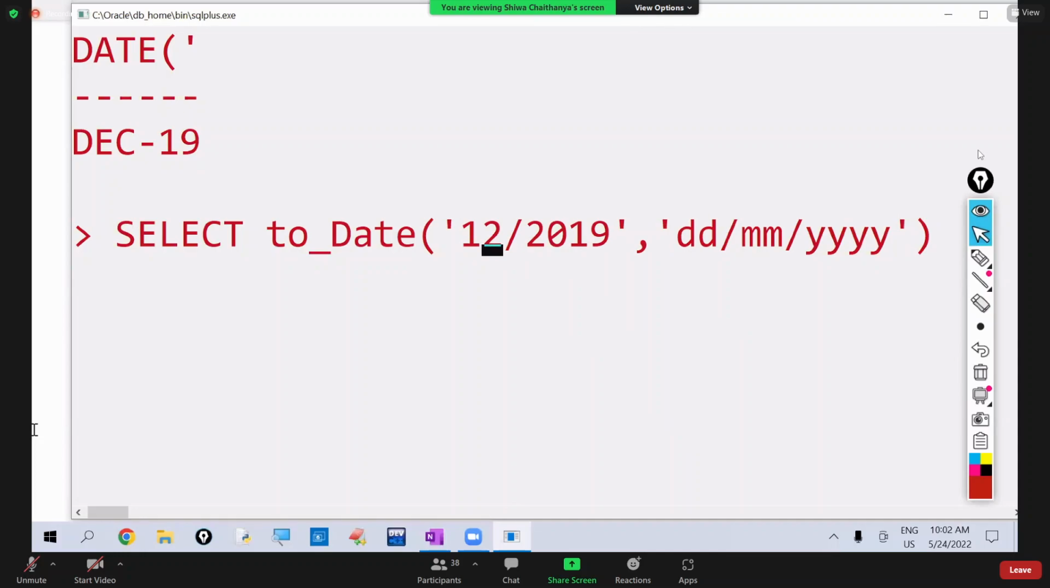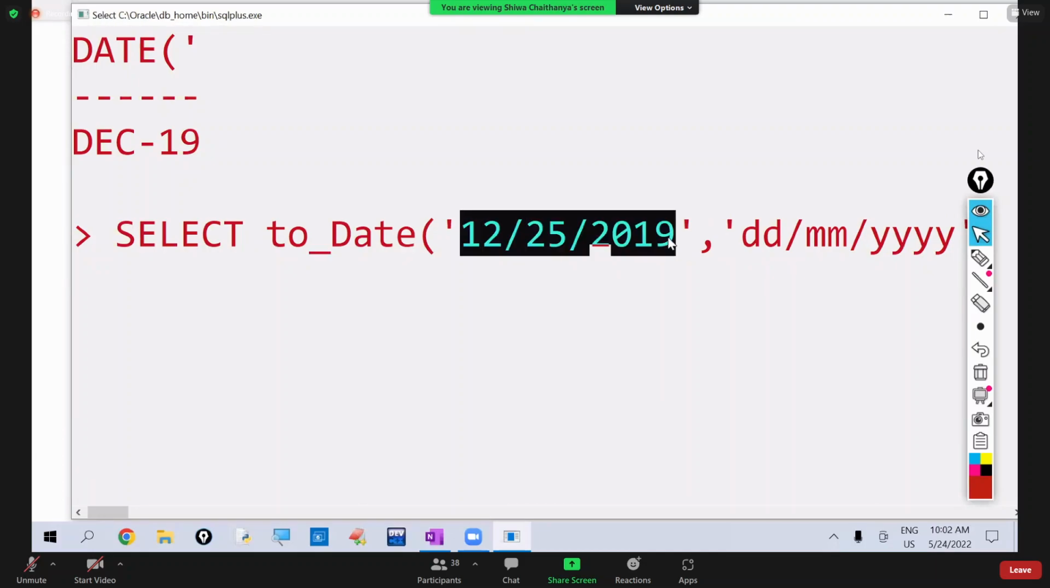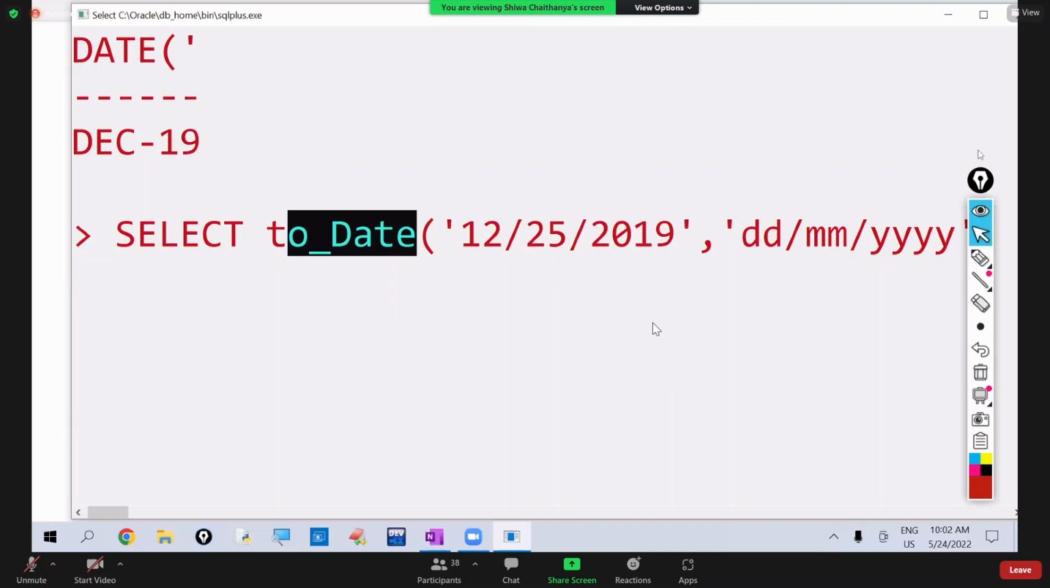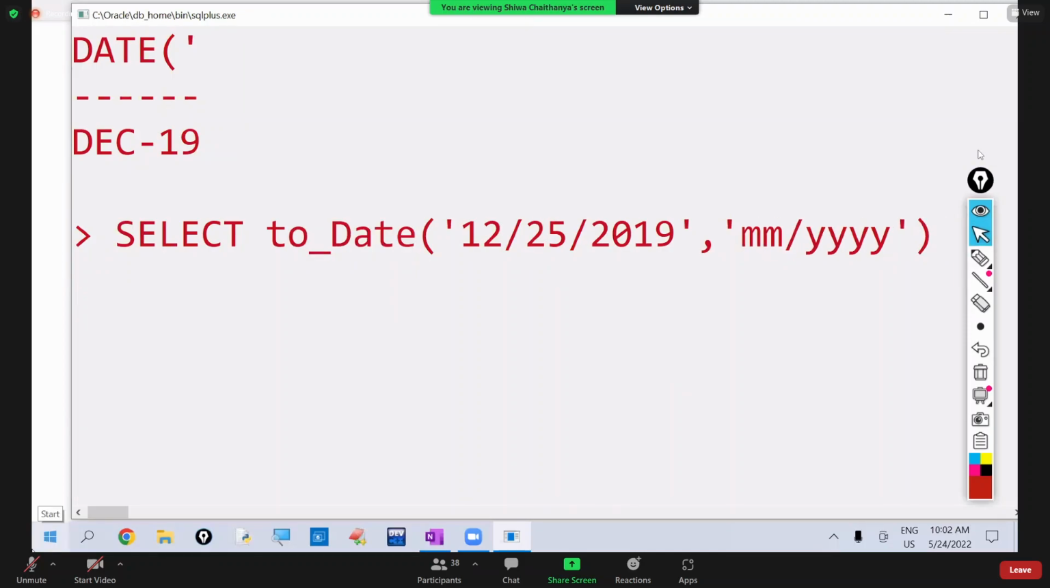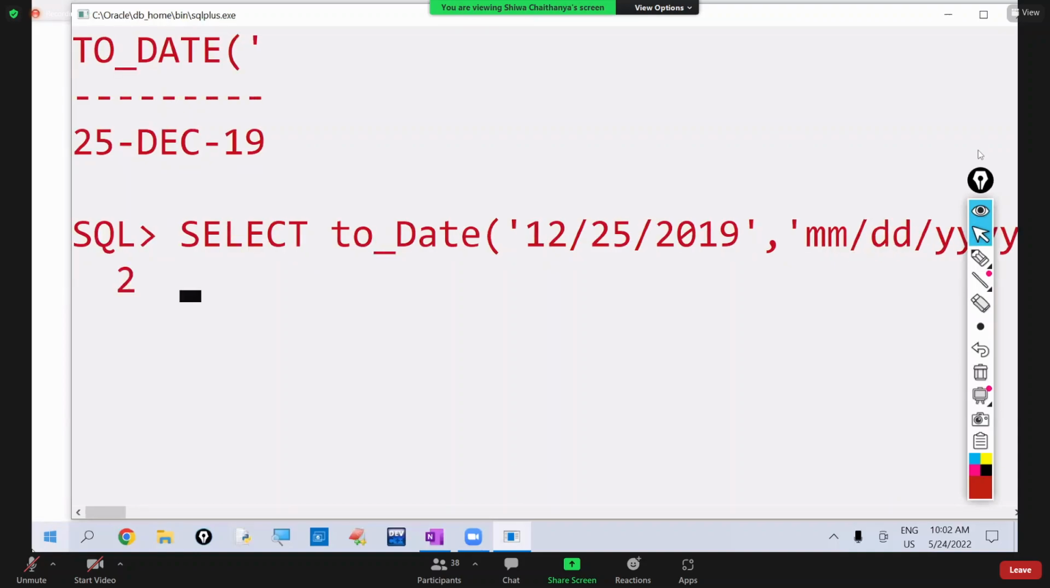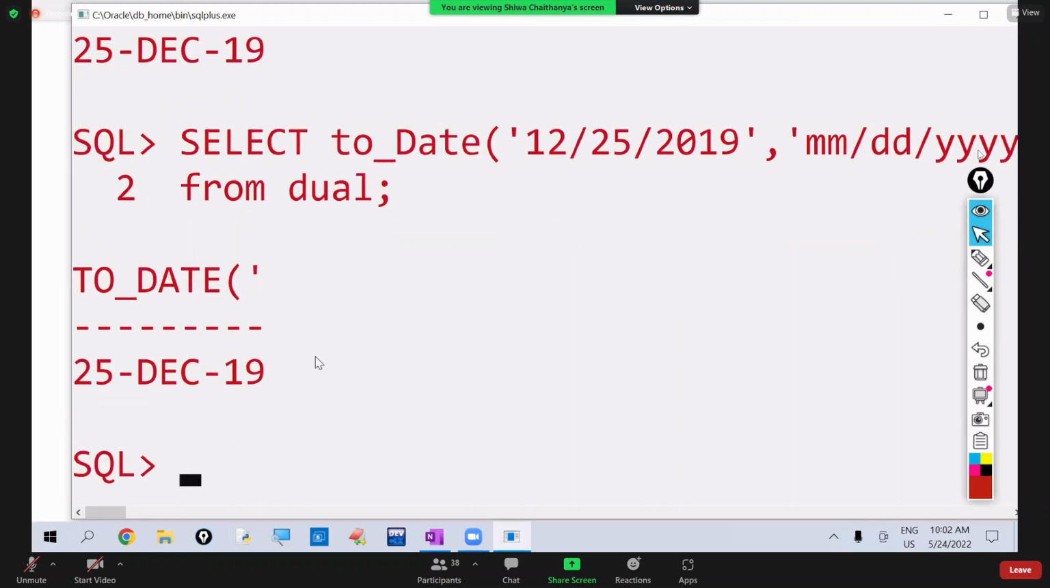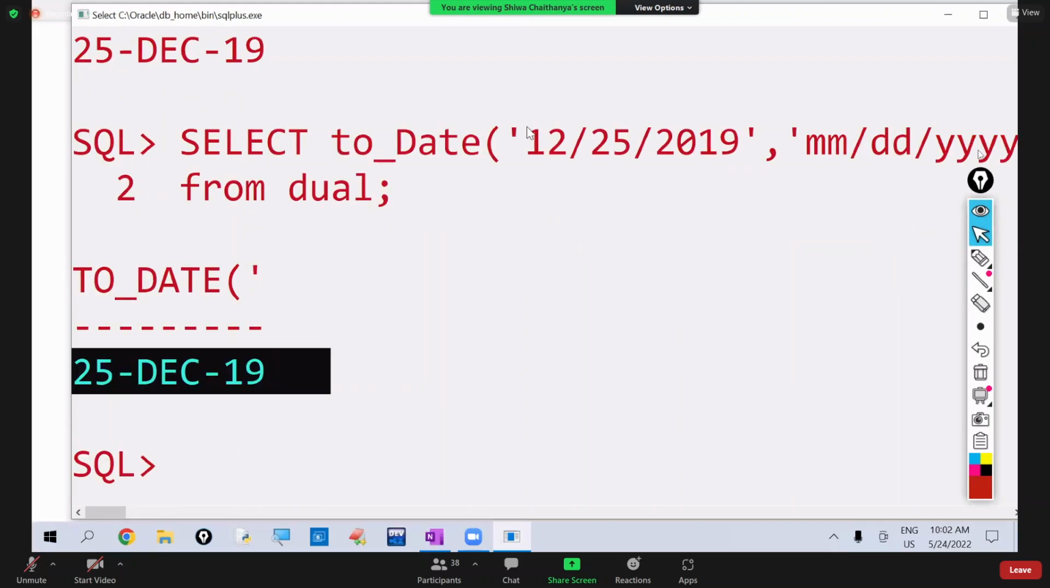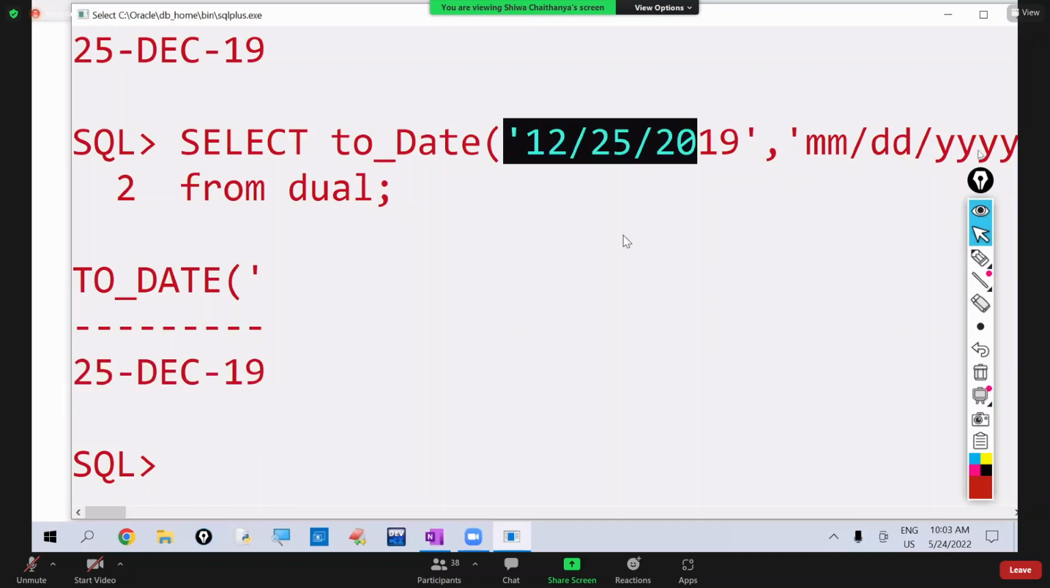the same thing I'm writing like this: 12/25/2019. Now this is US format, this is the string. The string we are converting to the date. Here we have to tell the format. First 12 is what? MM. Next 25 is what? DD. Next YYYY. From dual. Observe here, it is returning 25 December 19. So to see